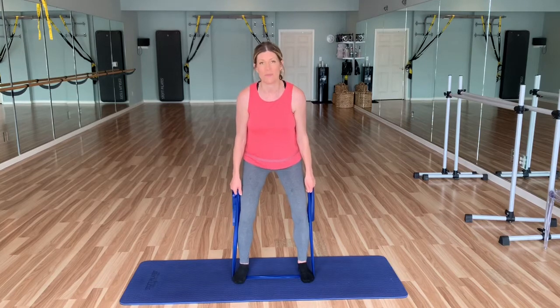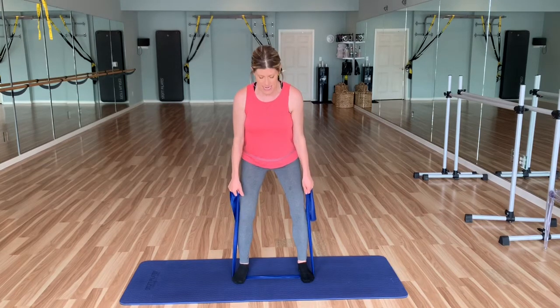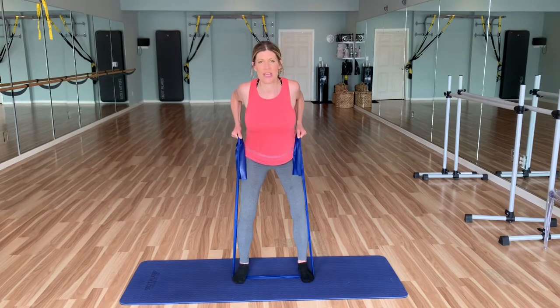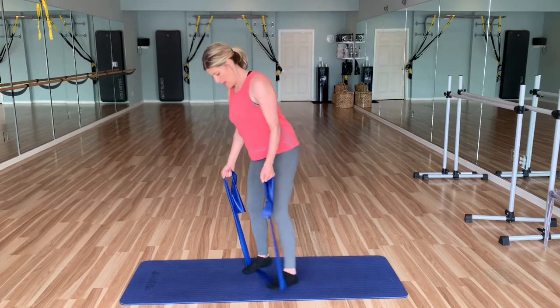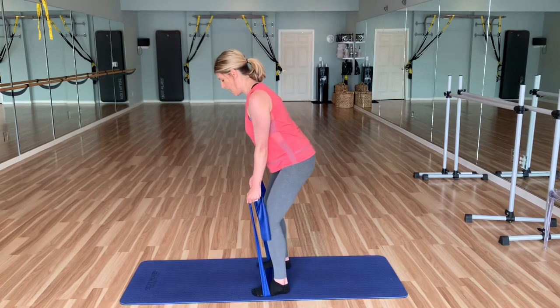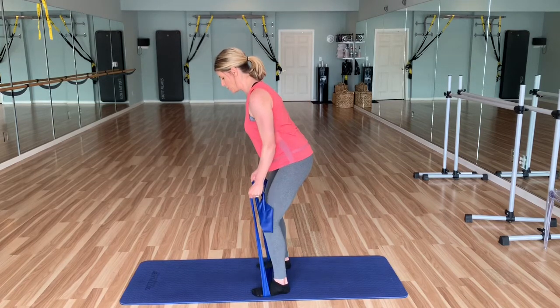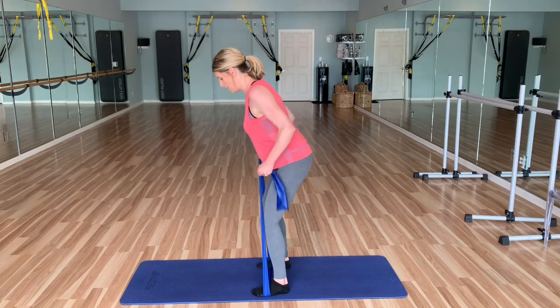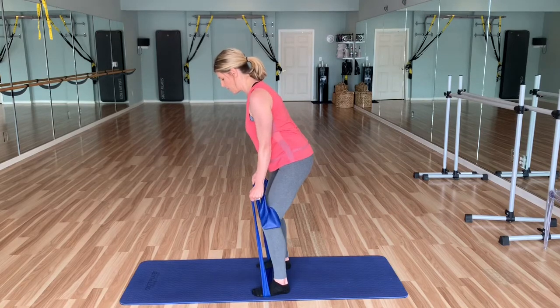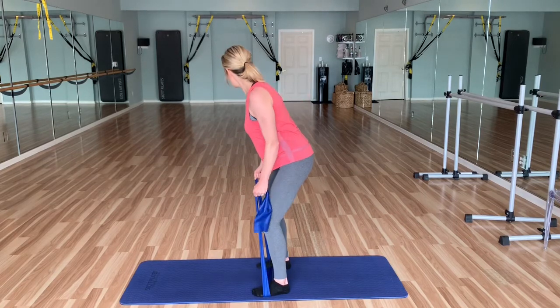So I have a little micro bend in my knees, and we're going to inhale and exhale, row it back. 2, good. I'll move you to the side so you can see. Keeping those shoulders down. 3, squeezing those shoulder blades together in the back. 4, 5, 6,